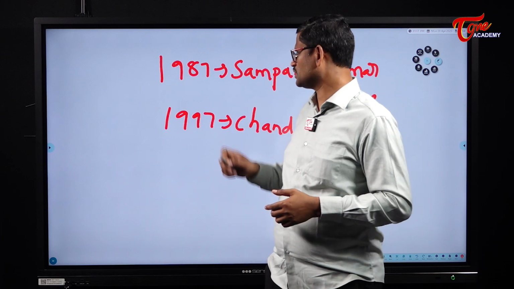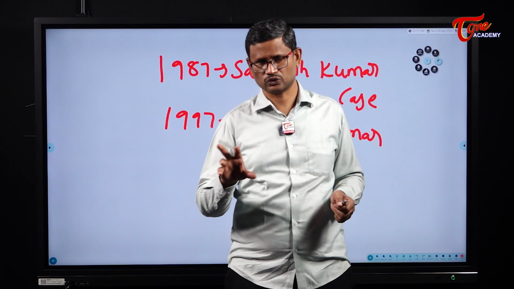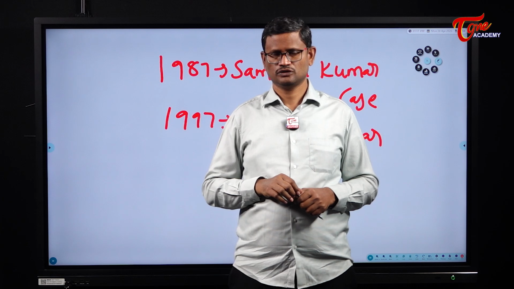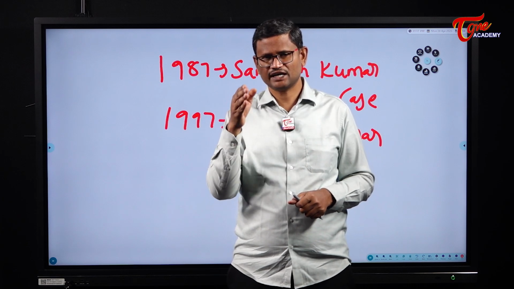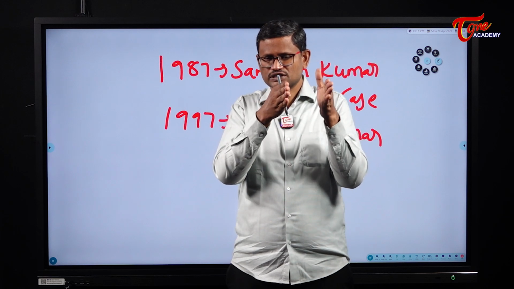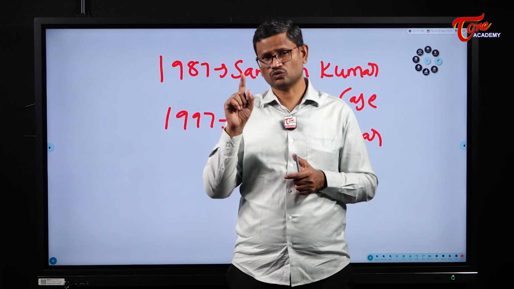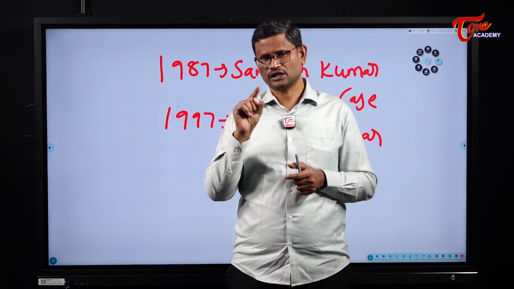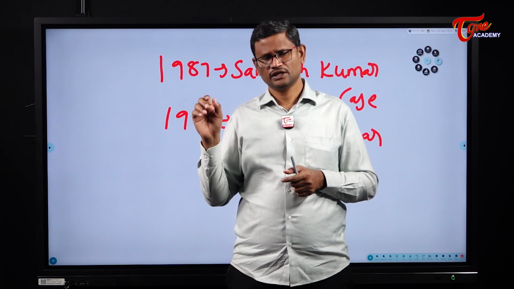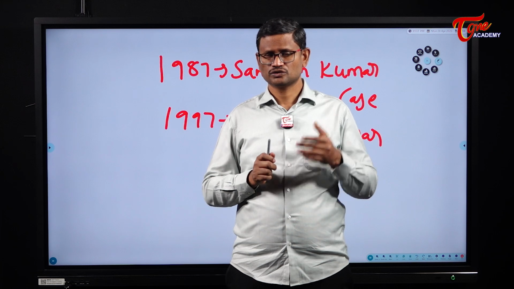So in Sampath Kumar versus Union of India, 1987, the Supreme Court said the tribunals are equivalent to High Courts. So a decision of the tribunal need not be taken before the High Court because the tribunals are a substitute to the High Court. A decision of the tribunal can be challenged only before the Supreme Court under Article 32, under Article 136. But later on in 1997, in the Chandra Kumar case, the Supreme Court said judicial review is